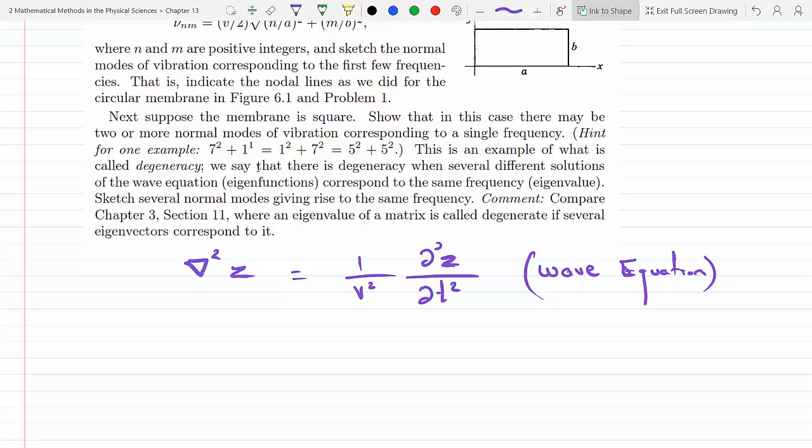We know that z, as a function of x, y, t, is the displacement of the membrane from the xy plane. I just didn't bother with z, I just put f. And we know from a previous section that